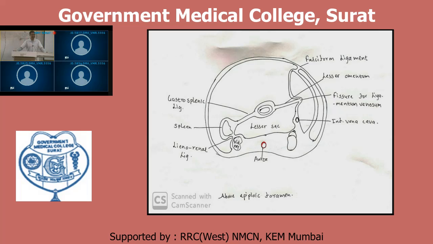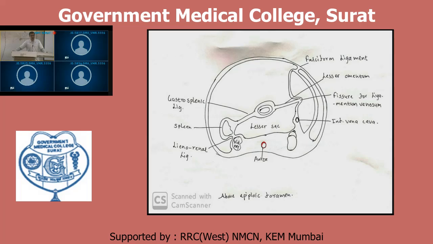Now it is about this above this at the level of epiploic foramen. After that, at the level just upper level of this epiploic foramen, lesser sac extends up to liver. Now, in relation with this, greater sac mainly lies, it is a large sac. Lesser sac is in relation with posterior aspect of stomach.